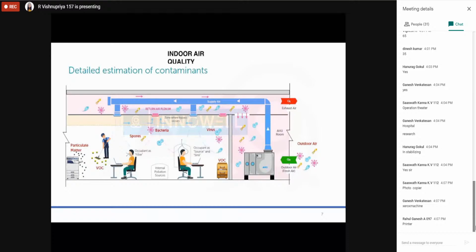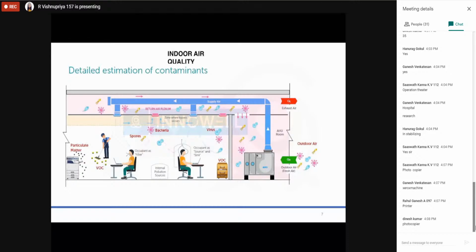Xerox machine. Actually, Xerox is a brand, a company. Photocopier is the machine name. They have created a monopoly in such a way that we are all using the same terminology. Xerox is the company name that manufactured the photocopier machine. So let us not use that word. I knew I was expecting this answer, which is why I questioned you. It's not an embarrassing situation for you. Everybody knows, but you initiated the answer. So it's a photocopier machine.